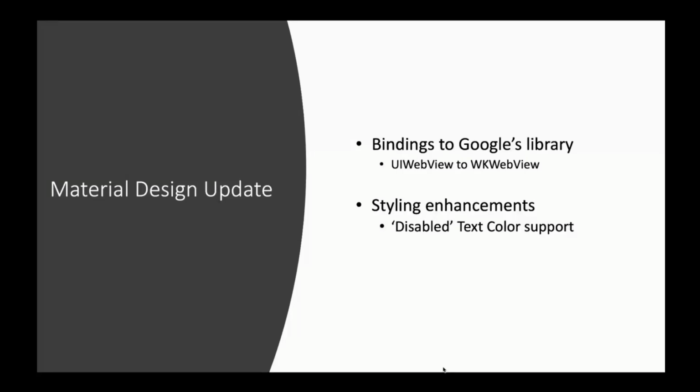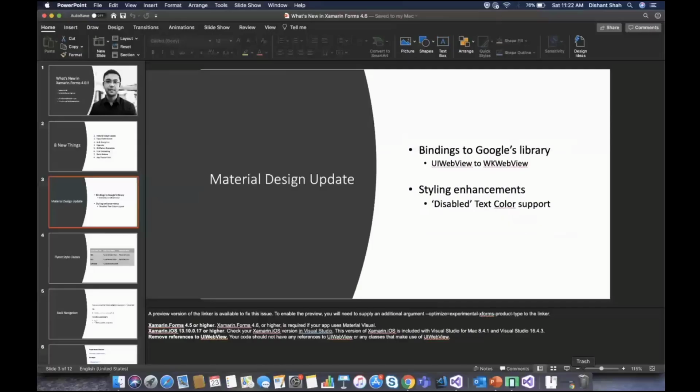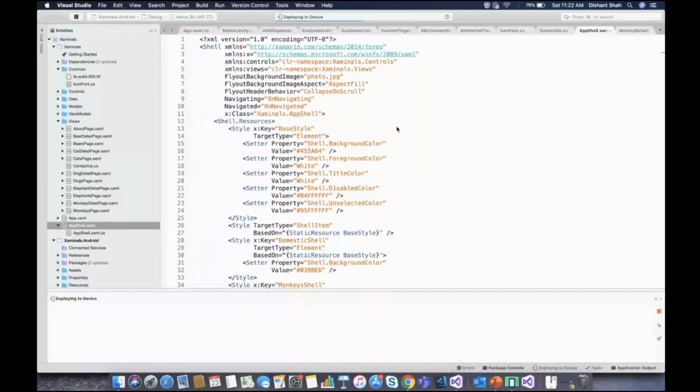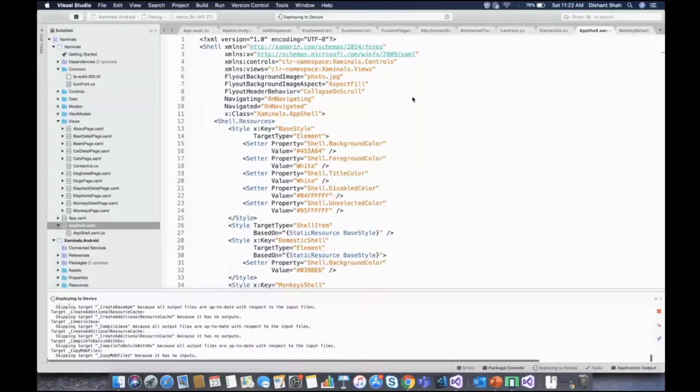Let me switch to my Visual Studio. I hope you are able to see my Visual Studio. Let me run this application first and give a brief overview of it. You might also have used this application.